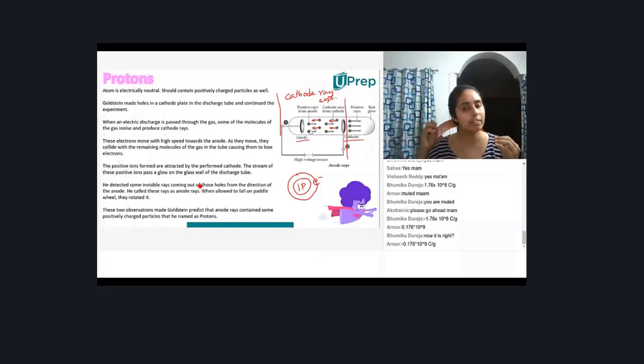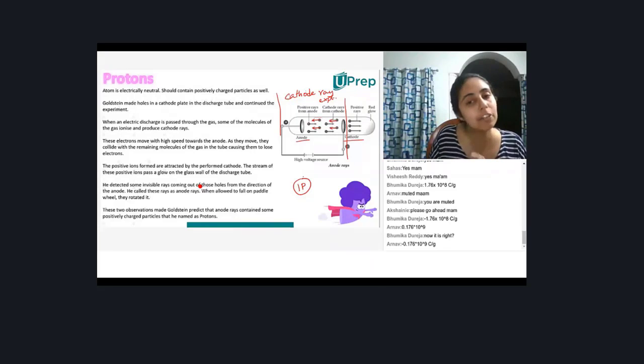And whenever something with velocity, for example, you're standing in the middle of the road and a car with some velocity comes and hits you, what will happen? You'll fly out of the road and fall in some corner. Similarly, when these electrons move from cathode to anode, they have some velocity. At that velocity, when the electron hits the hydrogen atom, it takes out some more electrons from the hydrogen atom. So when this electron comes out of the hydrogen atom, that electron, along with the electrons from the cathode rays, all start flowing towards the anode.